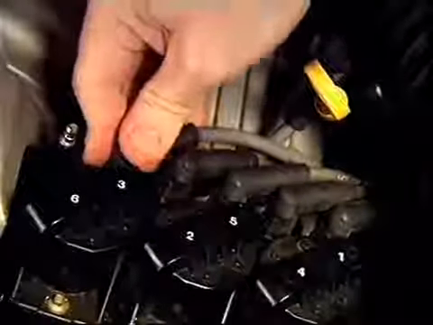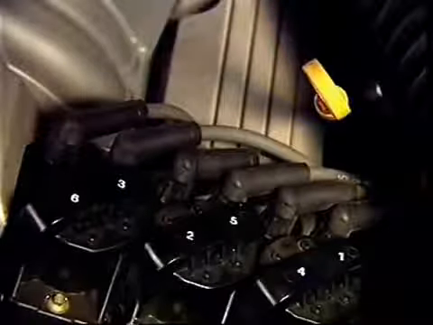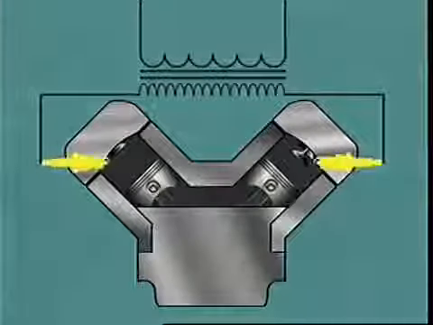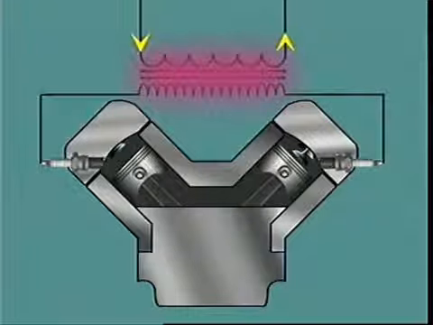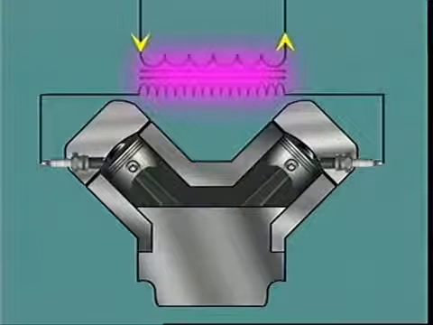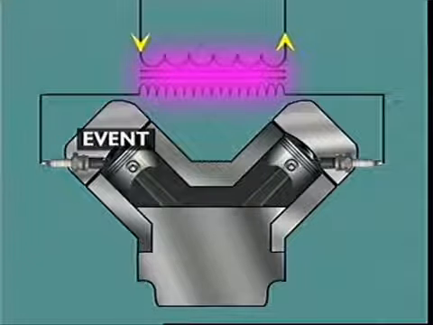Each ignition coil serves 2 cylinders, with each end of the secondary winding attached by a high tension lead to a spark plug. These 2 plugs are on companion cylinders, that is, cylinders where the pistons reach top dead center at the same time. The cylinder on compression stroke is said to be the event cylinder, and the cylinder on the exhaust stroke